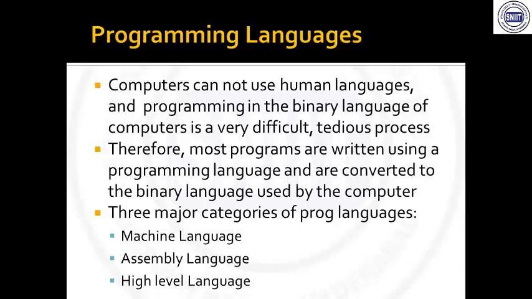But right now we are using so many different languages. Python is there, PHP is there, and all flavors of .NET languages are there, like C#, ASP.NET, and the Java language. There are so many different languages. They are almost like a human communication language like English. They are very near to human communication languages like English. Those are called high level languages. The languages which can be understood by the machine easily are machine level languages. The ones which can be understood by the programmer or developer are called high level languages. These are the different levels of difficulty of understanding.